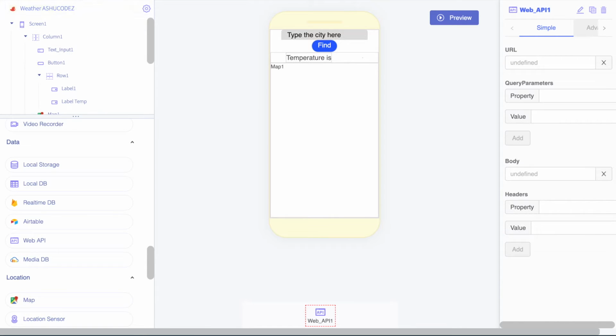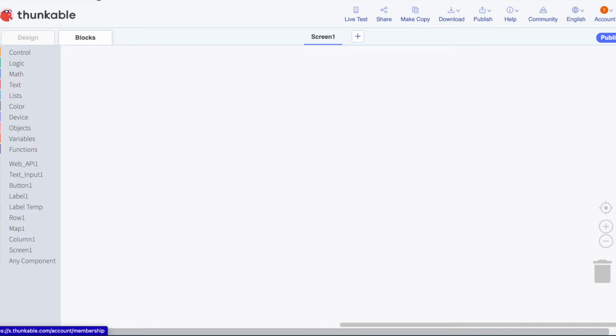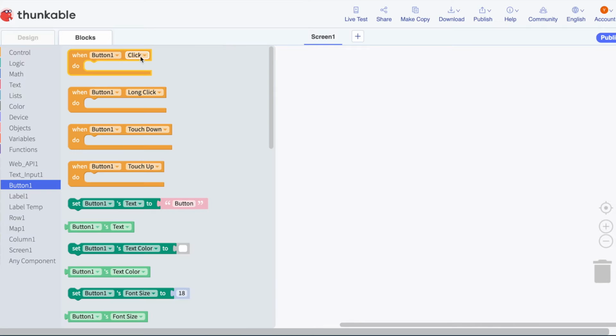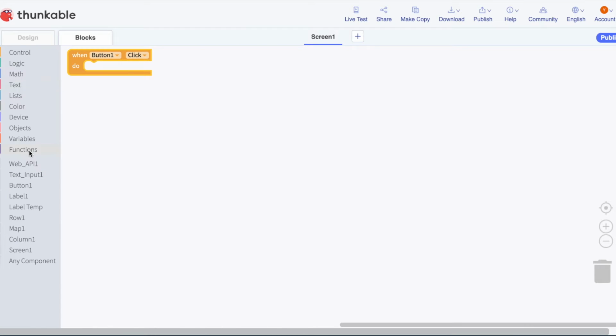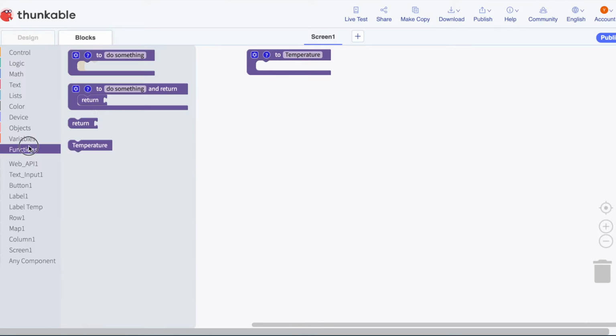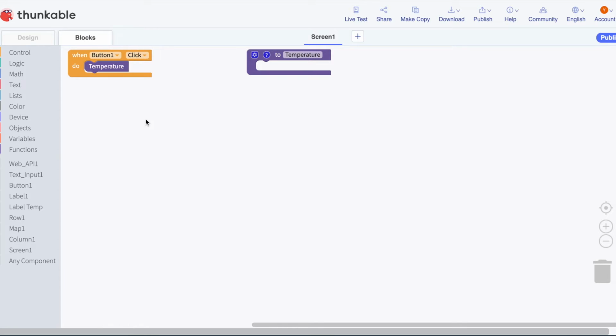Yeah, okay, so now we're done with our design components. It'll be very quick, and let us go into the code. So first we have to do when button 1 is clicked, then we're gonna put a function. This function should say temperature, so it should execute the function. Then we have to set the web API URL to, we have to get a join